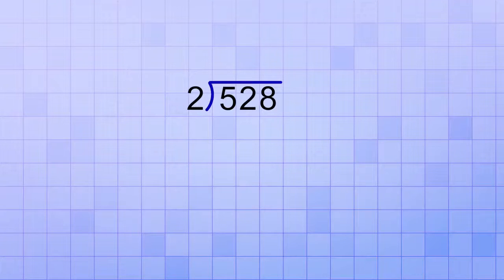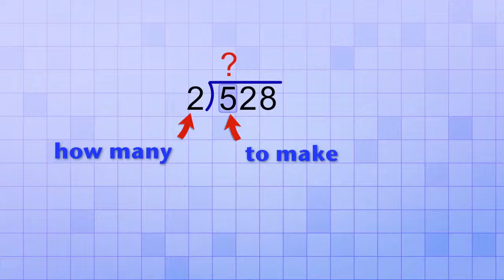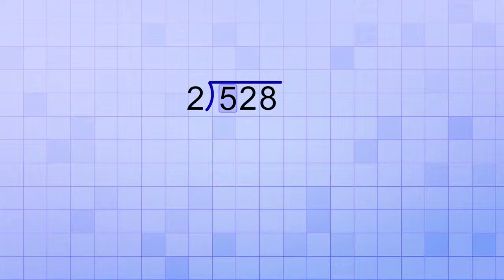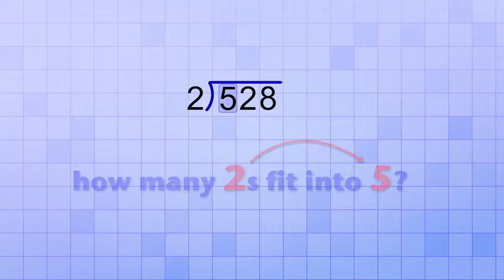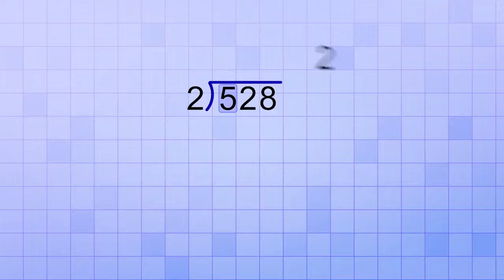To solve this first problem, we start by asking, how many 2's does it take to make 5 or almost 5? Or you can think of it as how many 2's will fit into 5. And it's easy to see that the answer is 2. So we put a 2 as the first digit of our answer. Then we multiply 2 times 2, which is 4, and we subtract that 4 from the 5, which leaves us